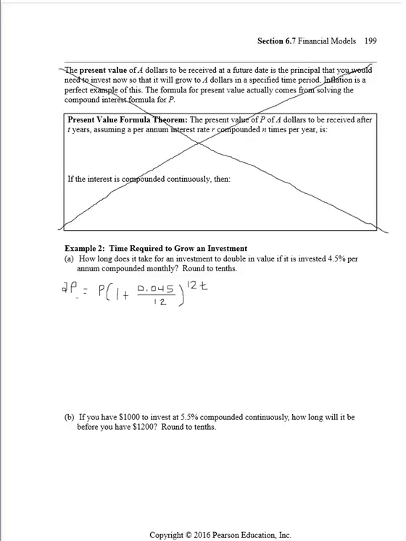So the first thing we need to do is divide both sides by P, and that gives us 2 equals 1 plus,